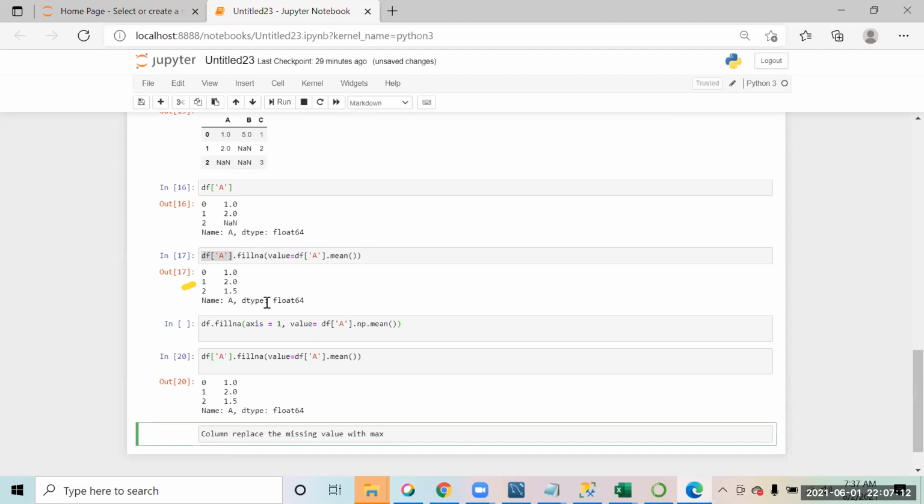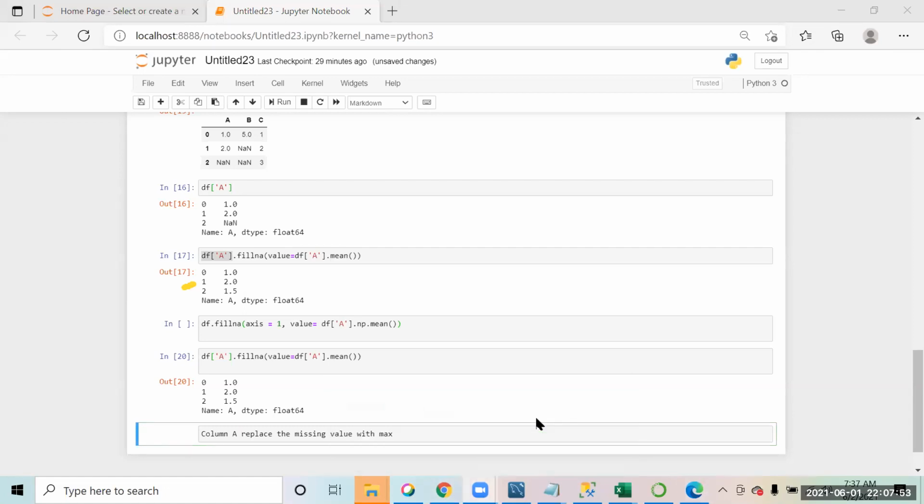So you can use column A only. Right, sure.